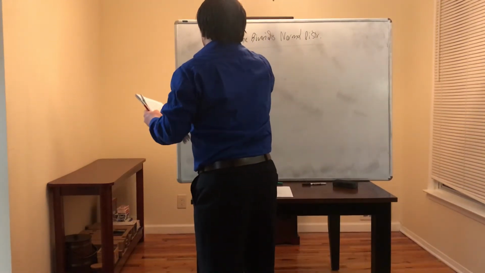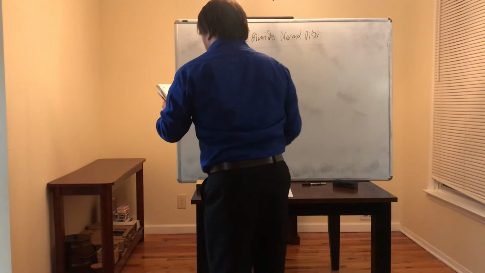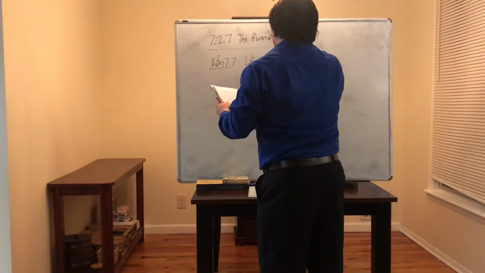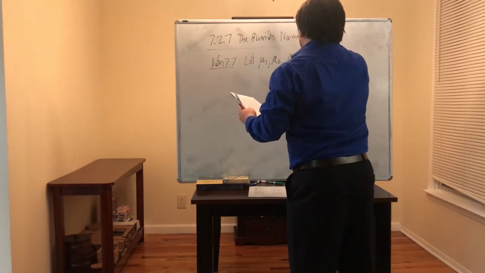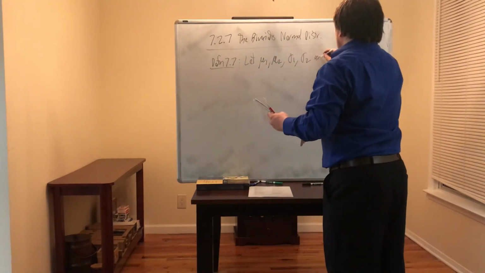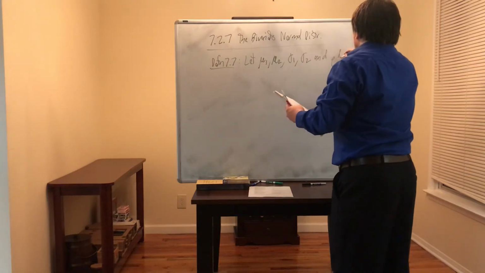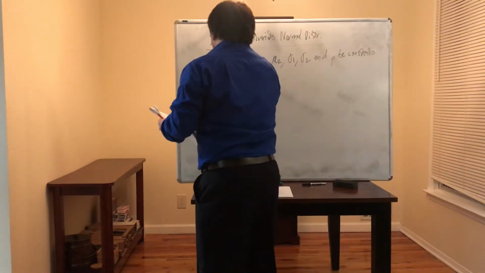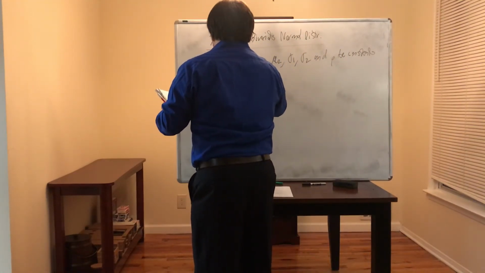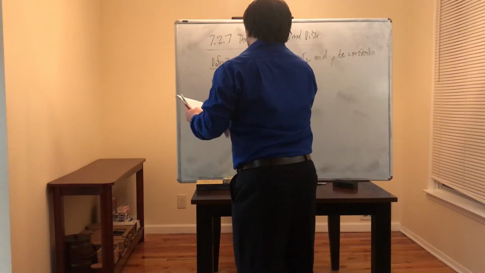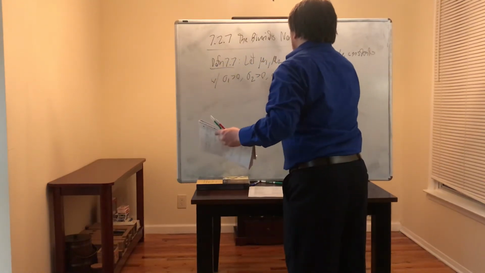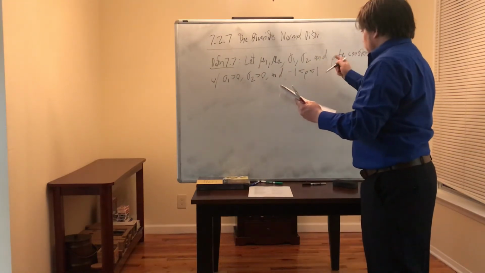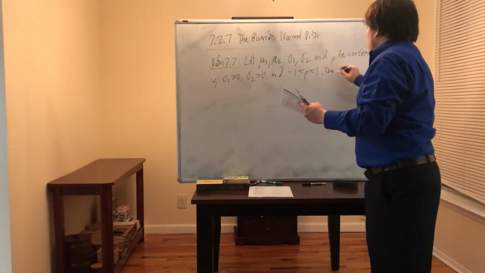And so definition 7.7: let mu1, mu2, sigma 1, sigma 2, and rho be constants, with sigma 1 positive, sigma 2 positive, and little rho strictly between 0 and 1. That's little rho. The function